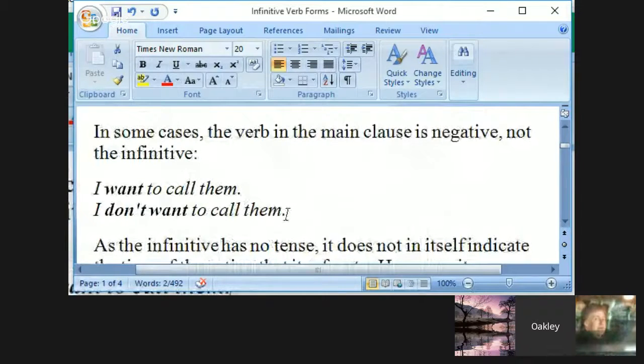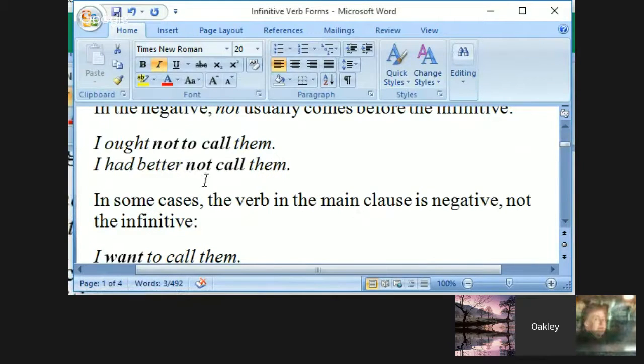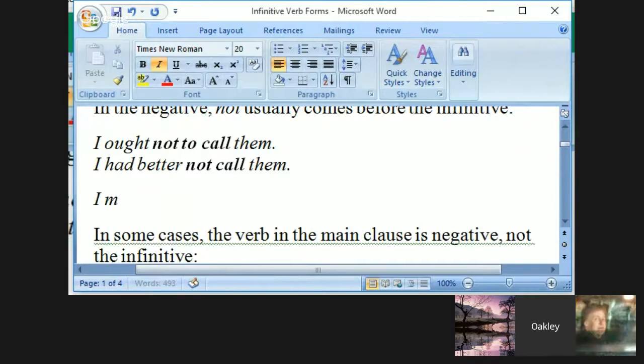All right. In regular sentences, if it's negative, then you'll see the negative with the main clause, the main verb, as in I don't want to call them in a regular verb, as opposed to in a modal, for example, you would say I might not call him, like that. So notice the placement of not,